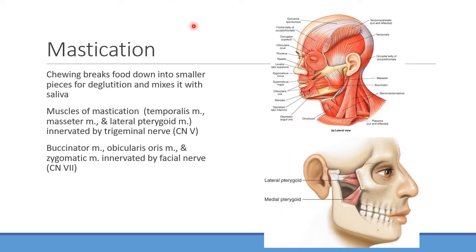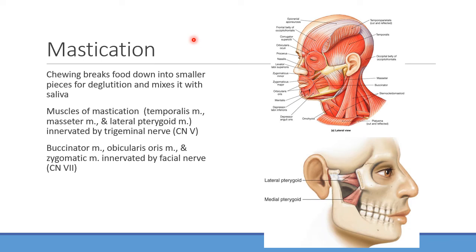Next one, mastication. What's the function of mastication? That seems basic, but again, we're going to get into more detailed stuff. You can start to break down the food into smaller particles, because you want small enough particles to go down the esophagus without any issues. It's also going to start mixing with saliva. Saliva coming from